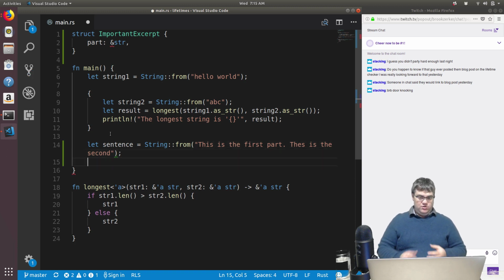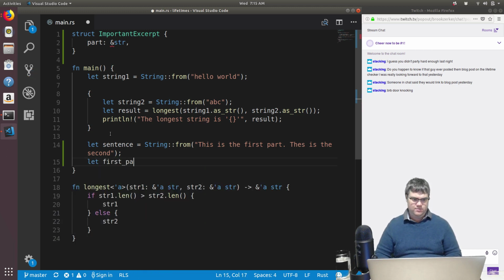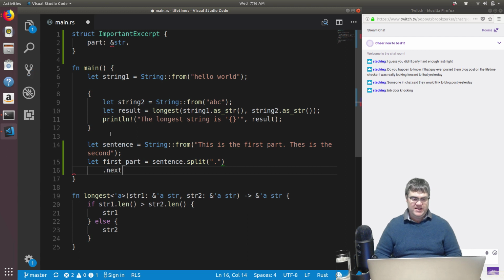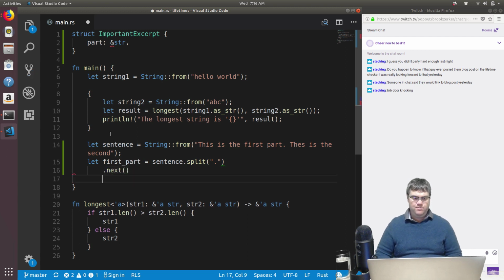So then we want to split this. Let first part equals sentence dot split on dot. And so then we're going to be able to call next on this. But we can expect